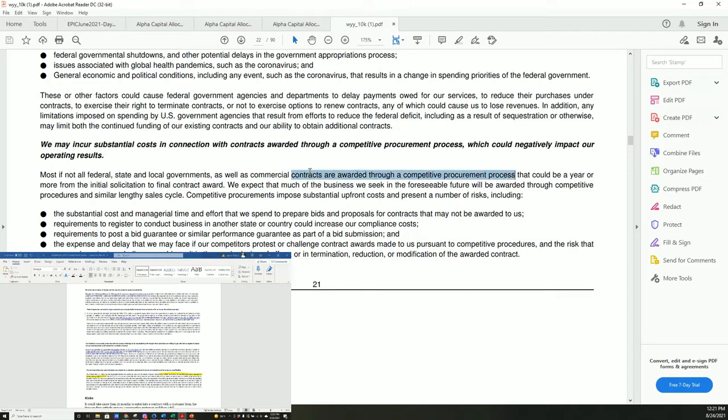Okay, so what this means, and again, I know this, but if you don't, this is something to note. Government contracts are typically a competitive bidding process. What that means is government contracts are awarded to the highest bidder. Typically, the lowest bidder for the contract details. So let's say two companies are involved in bidding on a contract. If one company bids that they can get the contract done with $5 million, and another company says they can get it done at $5.5 million, the government most likely will go with the one that is saying they can do it for $5 million,